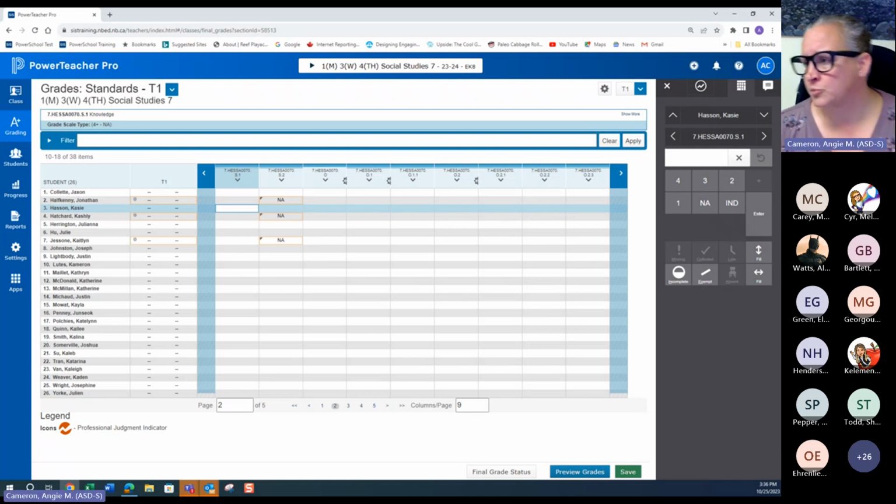Outside the province, you can access PowerTeacher and PowerTeacher Pro. You can access anywhere in Canada, provided that you are using your NB-Ed computer. So if, for example, you're going to a conference in Toronto and you take your work computer with you, the only thing that you need to make sure is that once you're connected to the Wi-Fi,